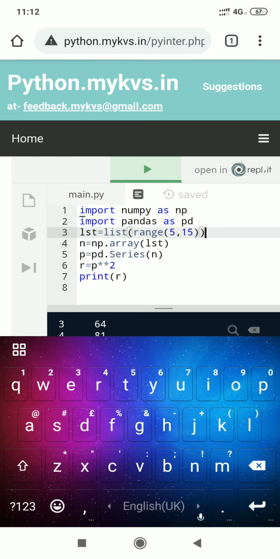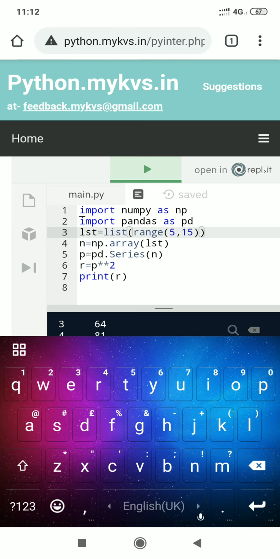First of all, we are importing numpy and pandas, then creating a list with the help of the list method as type conversion, passing the range method inside it, 5, 15. The range value will be extracted and converted into a list, and then assigned into LST. Then we call the array method to pass LST, so an array can be created.